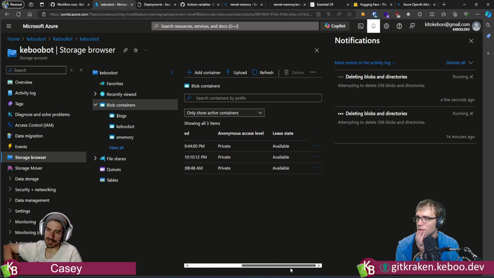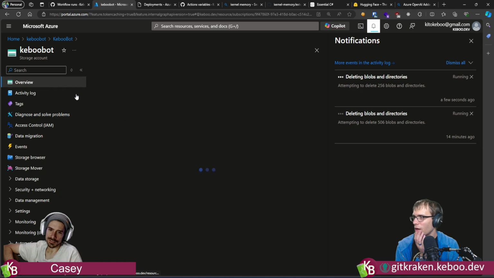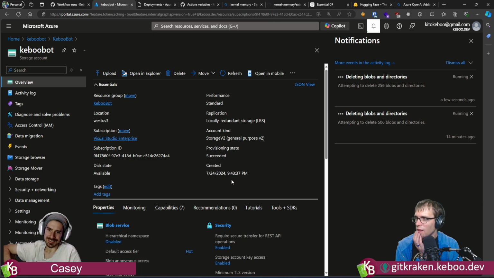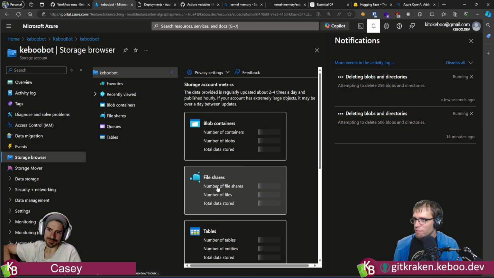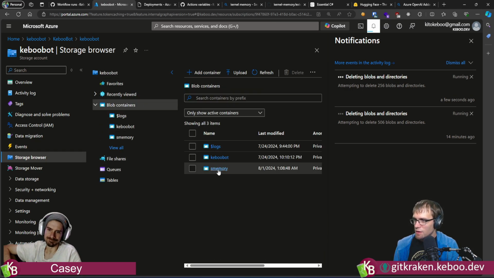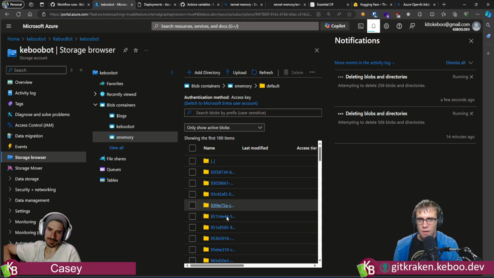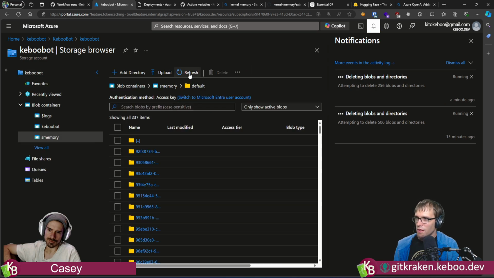Yeah, I'm just looking to see. I was gonna look at the SKU that I had picked. Storage V2, it's only LRS, so it's not having to go across regions or anything funky. Yeah, the deletion of blobs is definitely, because you're now empty, disappointingly slow. I do like how it only shows you the first 100 until you hit refresh, then it shows them all to you.